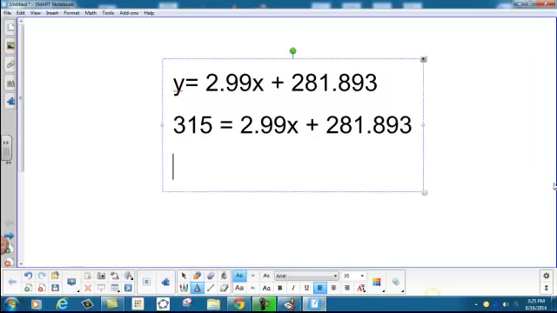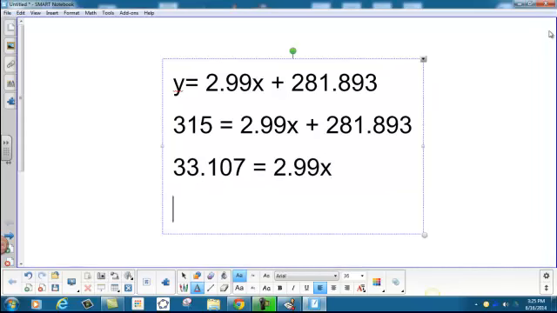Then I'm going to subtract 315 minus 281.893. So 315 minus 281.893 gives me 33.107 equals 2.99x. And then I'm going to simply divide by 2.99. And so